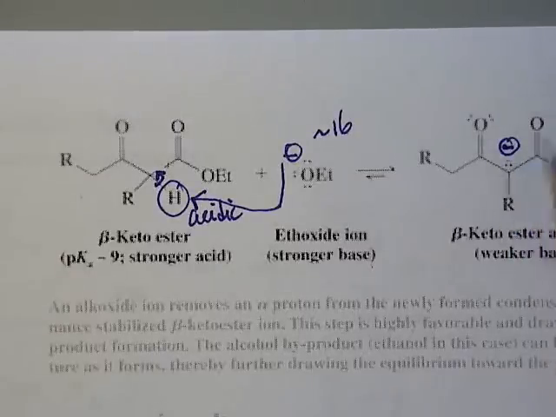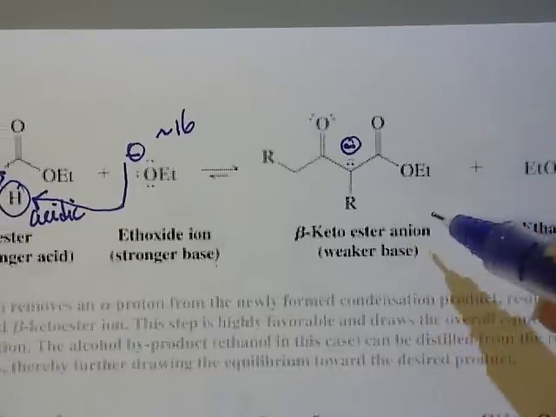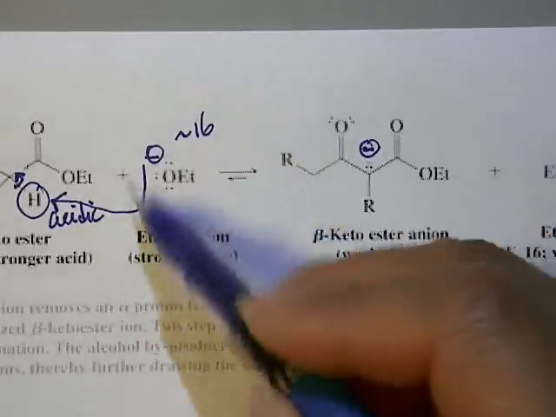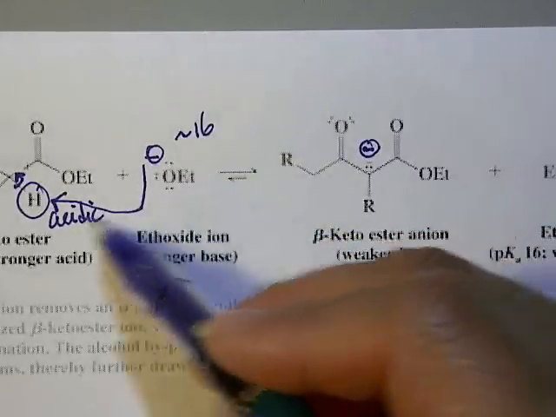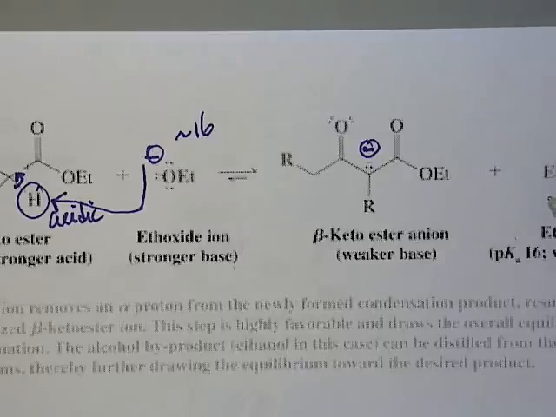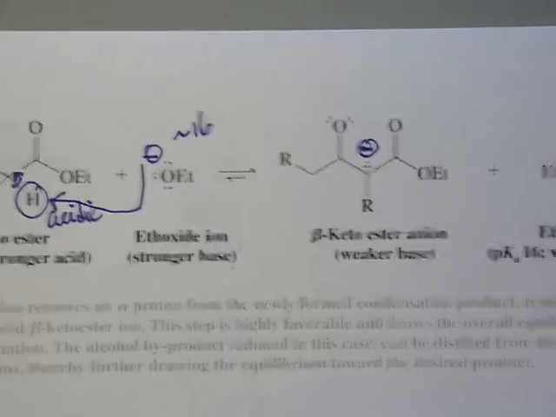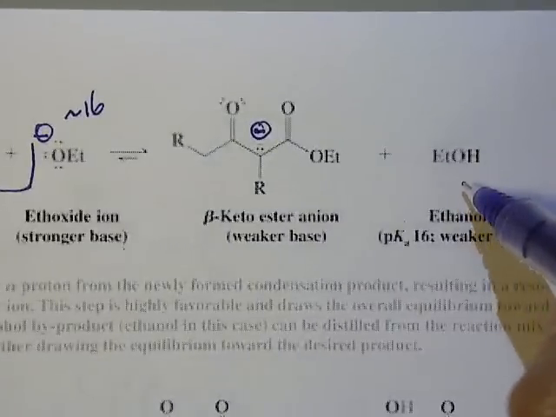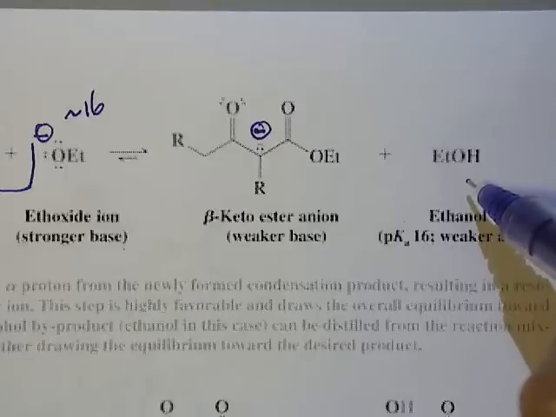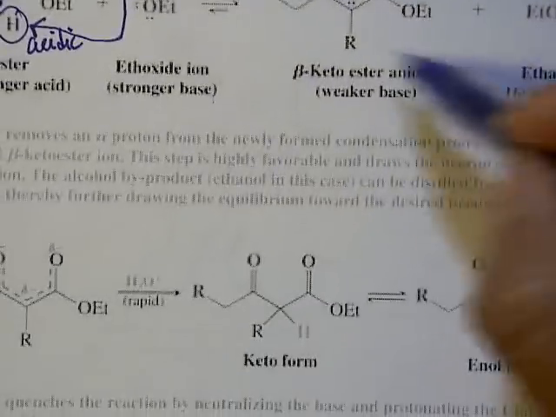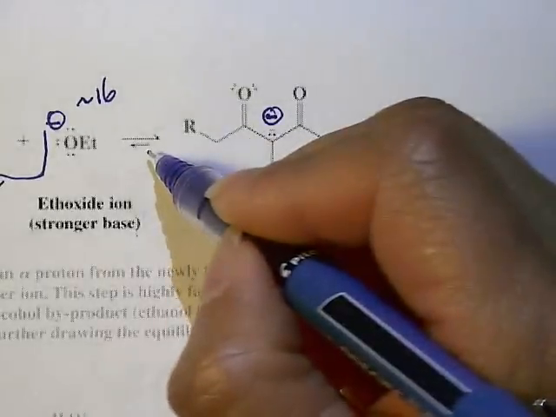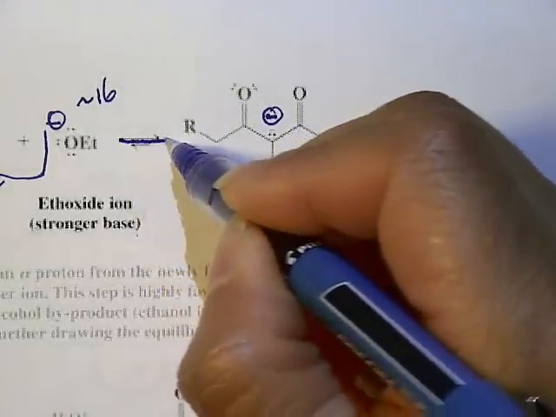and you're going to form this stable beta ketoester anion, which is going to stay that way. And notice the base is not regenerated, but because it grabs the proton, it becomes neutral, which means that a full equivalent of base is needed in order to carry out the reaction. So then this is actually very stable. So notice the equilibrium is driven to the right,